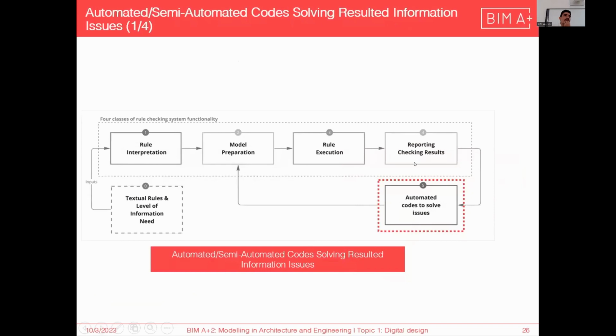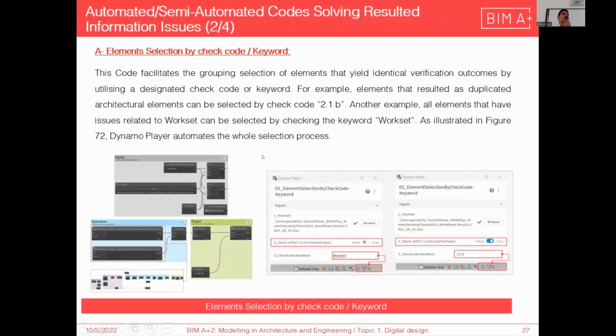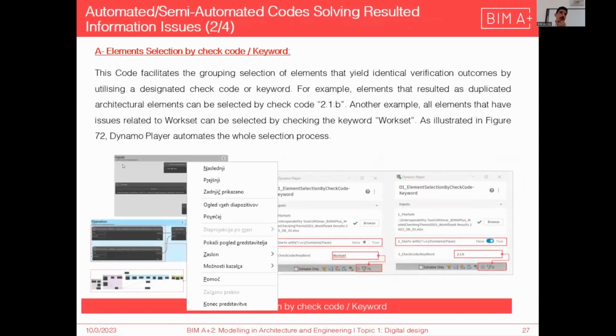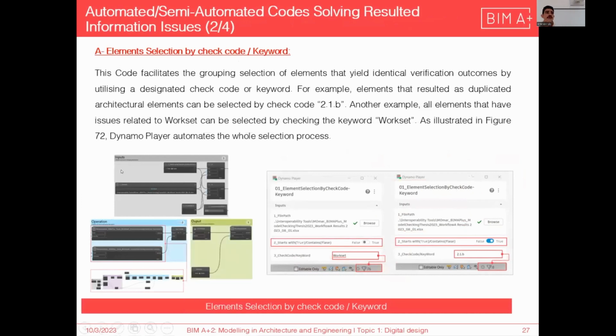So, going to the fifth stage, which is the automation of the results we already get. Whatever workflow we are mentioning, we are getting specific issues with an ID for each element, and then we need to navigate those issues to the repository. So the first code I developed using Dynamo had the main concept of classifying all of these issues or results together